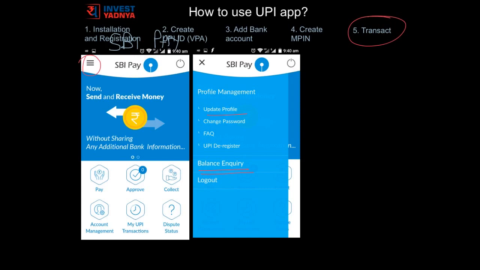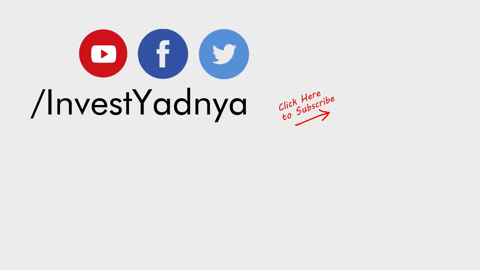All the banks' UPI apps have a very similar registration process and perform similar functionality. Of course, the interface and look and feel of each is different. In our next video, we have compared a few popular ones like SBI Pay, Axis Pay and ICICI Pockets, etc., which will help you to choose the right one for you.